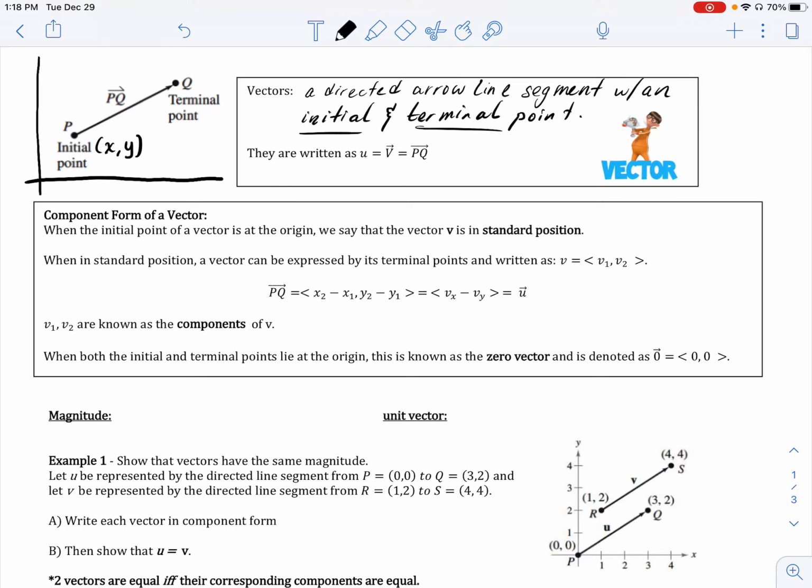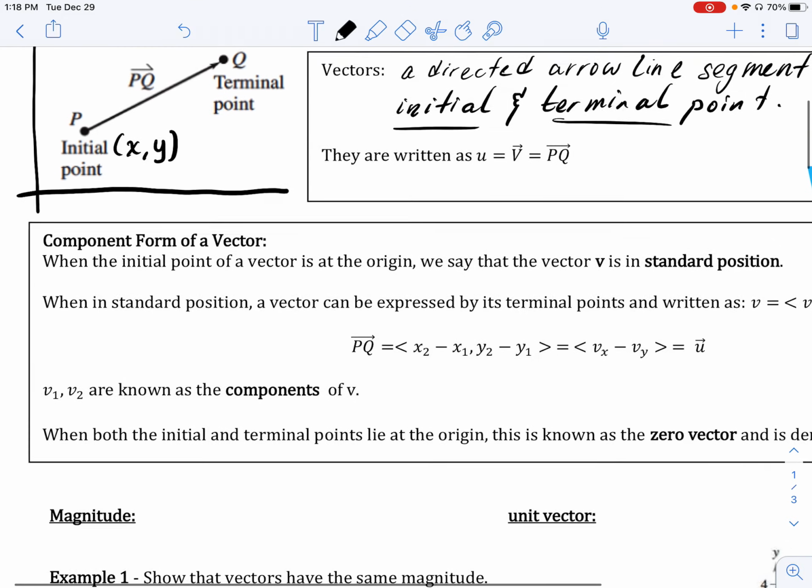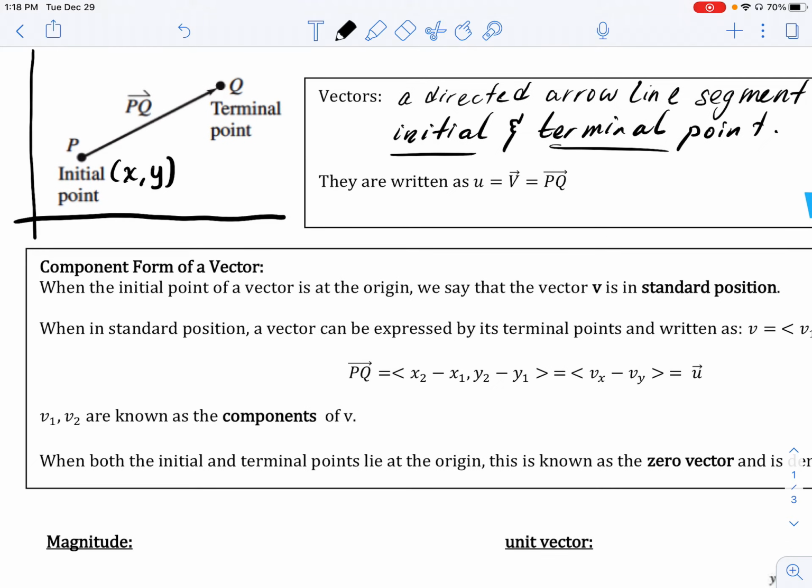A couple of notation things that you should know about vectors. Oftentimes you'll just see vectors notated by some variable like u or v. If you see this arrow symbol on top of a variable, that's just to indicate that it is a vector and not a line segment or a ray. You can see here in the diagram that a vector has an initial point and a terminal point, and we can describe that vector from where it's starting and where it's ending. So we can call this vector PQ. Or again, you could label it some other variable, like u,